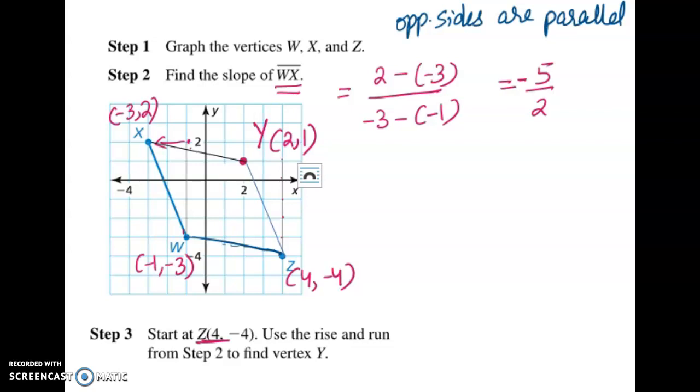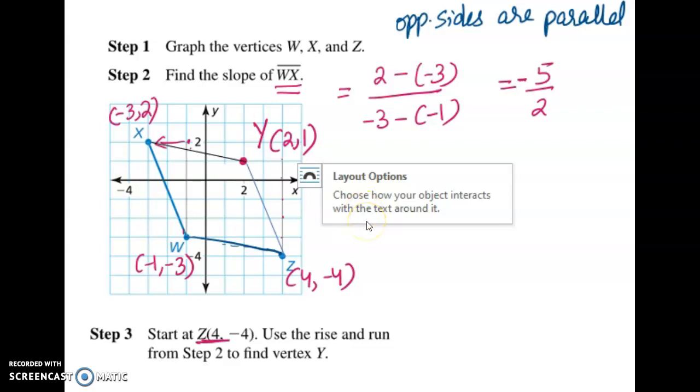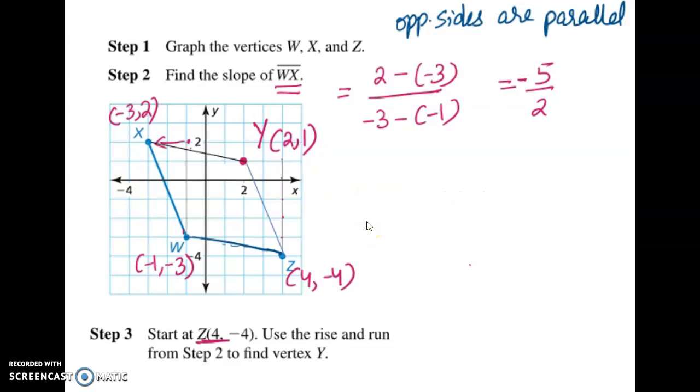Finally, I connected all the vertices together. So W with Z, Z with Y, and Y with X. And I have a perfect parallelogram right here. But are we done with this problem? Not yet. To just check whether my answer is correct or not, I will follow one more step. Right now, we follow the slope for WX and ZY. To check our answer, I would appreciate if you can check whether the slopes of YX